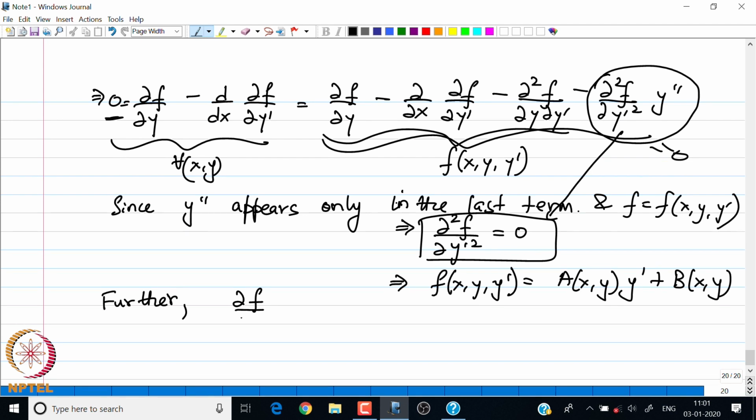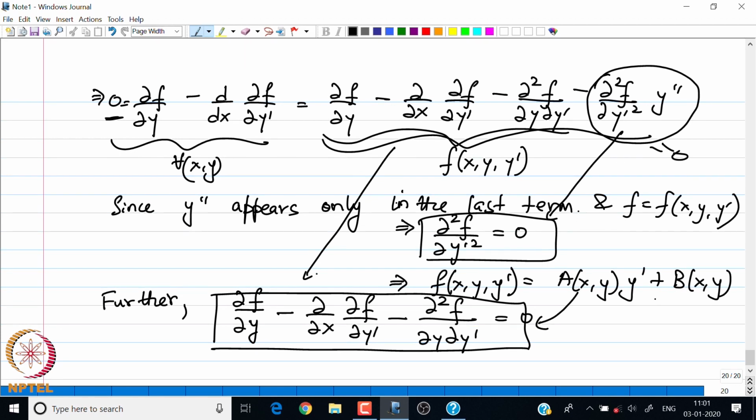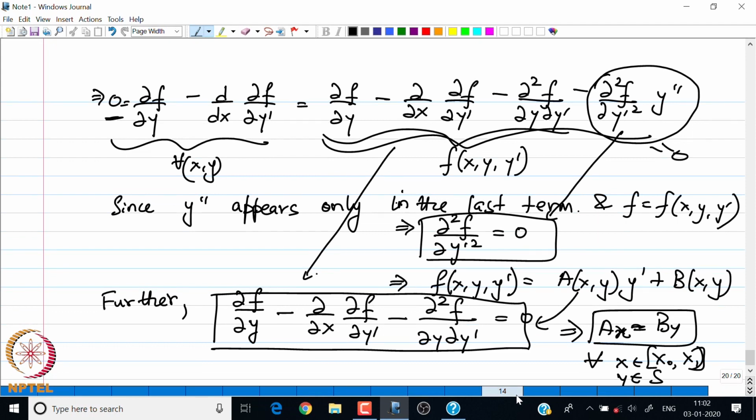So, further, I am just rewriting this remaining quantity: partial f partial y minus partial x of partial f partial y prime minus the mixed partial derivative is set equal to 0, and when we replace f by this quantity a y prime plus b, we are going to get the relation: the derivative of a with respect to x is equal to the derivative of b with respect to y, and this is satisfied for all x in x0 x1 and for all y in the set of second order continuously differentiable functions satisfying the boundary